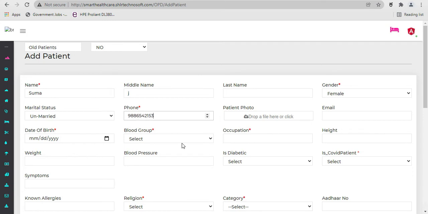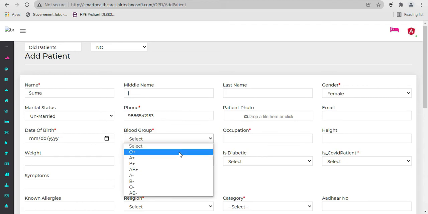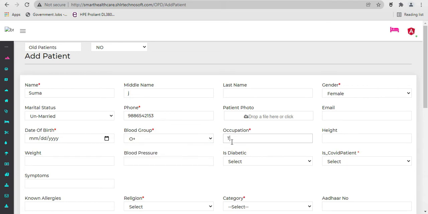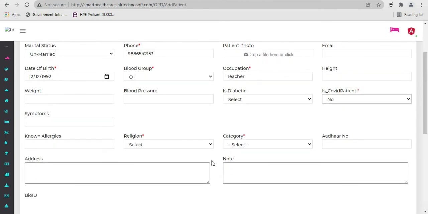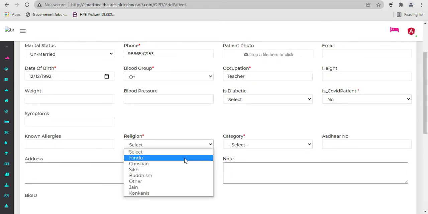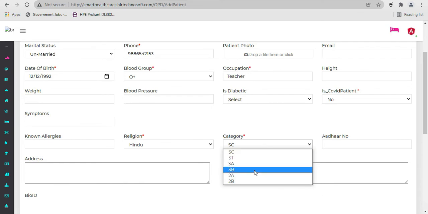Next, the blood group of the patient is compulsory, then their occupation, then the date of birth of the patient, and whether the patient is a COVID patient. If yes, then choose yes. If no, then choose no.